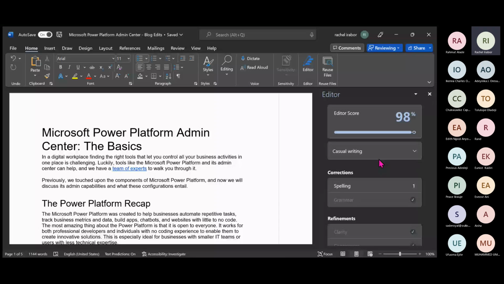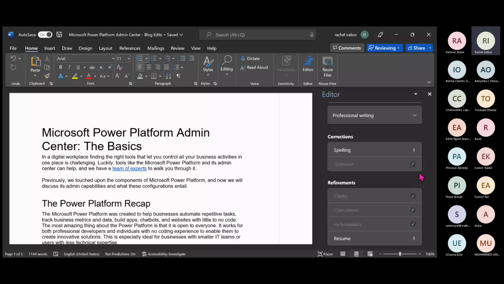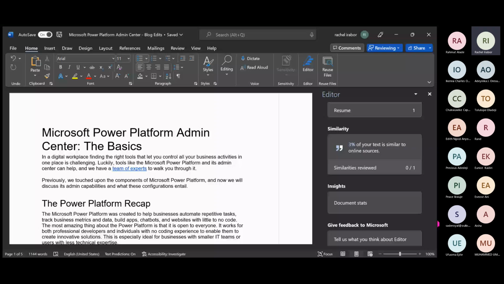Am I going for a professional writing or a casual writing? So I can just check what percent the editor score is. I can easily check from this place. Then also it will show me which of the spellings it thinks are incorrect, and show me grammar, clarity, conciseness, inclusiveness, and resume. And one other thing too, you can check for plagiarism on your work inside of Microsoft Word.